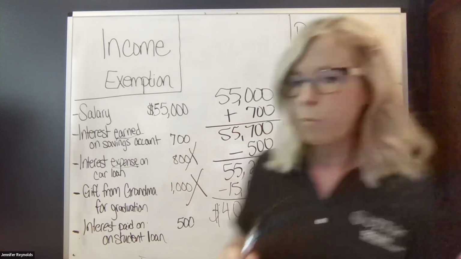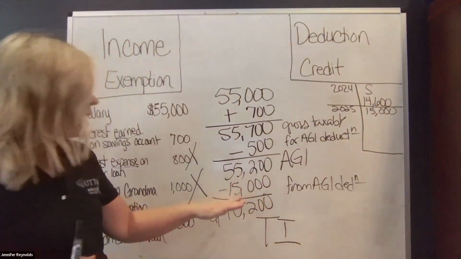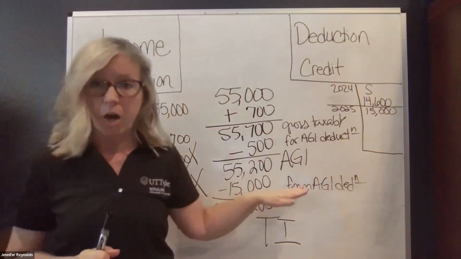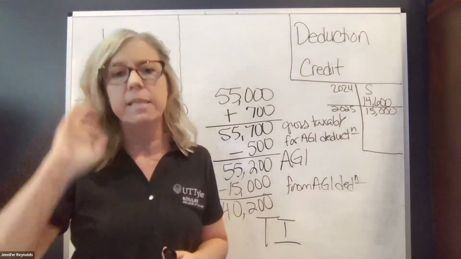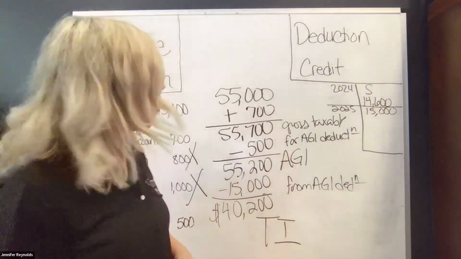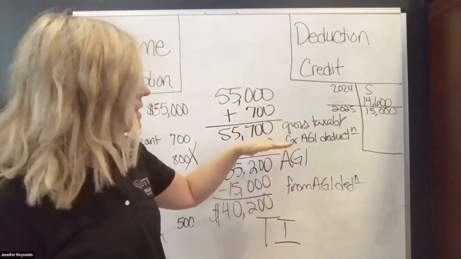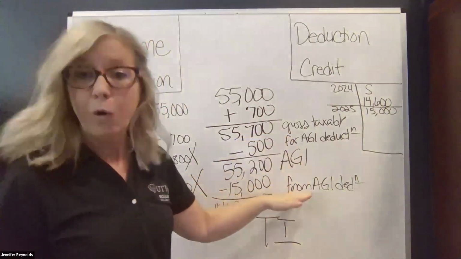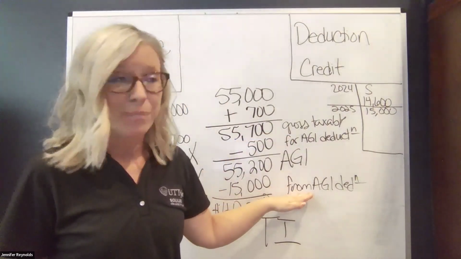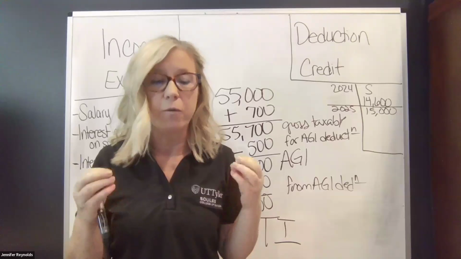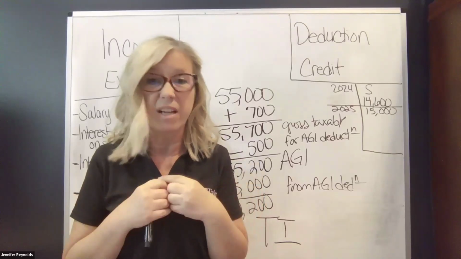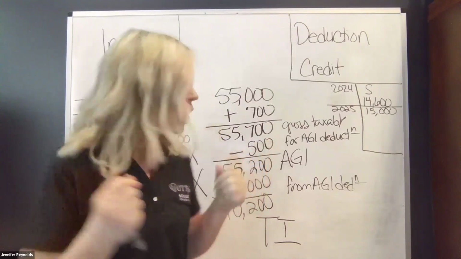Okay, next thing I want to focus on, there is another thing Murphy could take other than the standard deduction. I'm not covering that in this video. That's itemized. We're just going to cover it this way. What I want to focus on now is a for AGI deduction or a from AGI deduction. Again, it's one of those things that students struggle with a lot in the beginning, and you've really got to get a hold of this because it affects everything we do in this class.